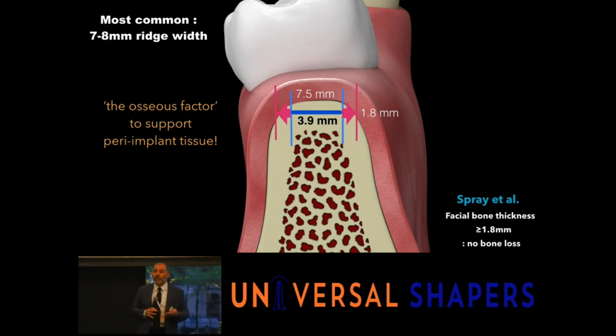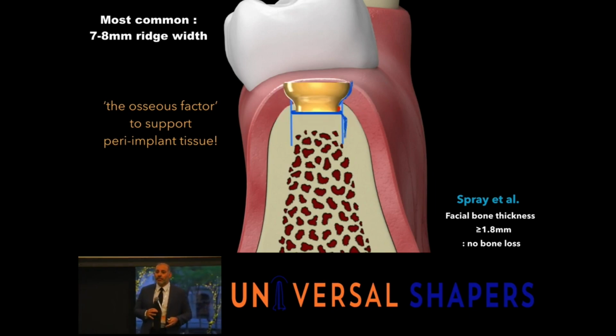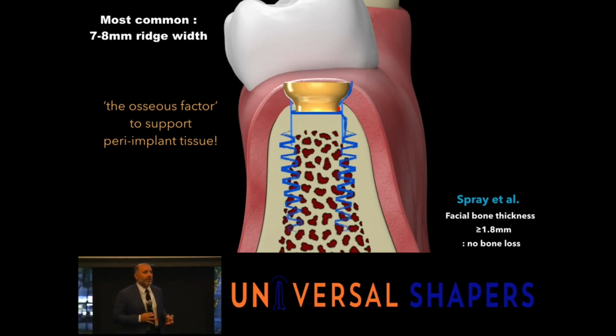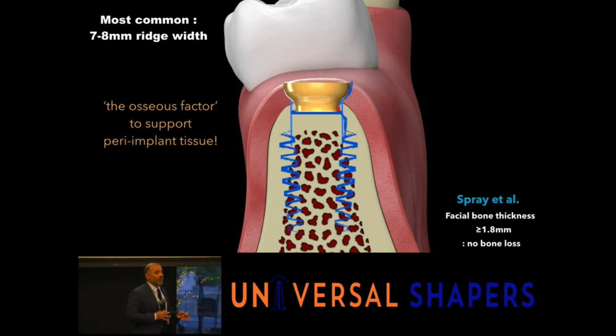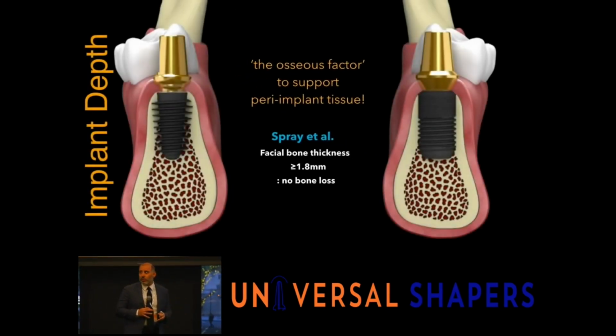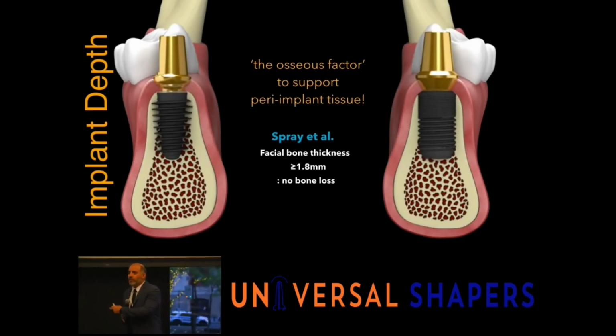But in a free-handed environment, this often presents to be quite challenging, and often during surgeries, we're constantly augmenting to try to recreate or rebuild to get ourselves into that ideal position. So we need to look these days at implants that can accommodate these 7 to 8 millimeter width bone cases. So we look for implants that are more cut back. We look for abutments that have platform switching, which we'll discuss in more detail. We'll look for the image on the right side or your left side of the screen for an implant that looks much more similar to this with a cut-back design